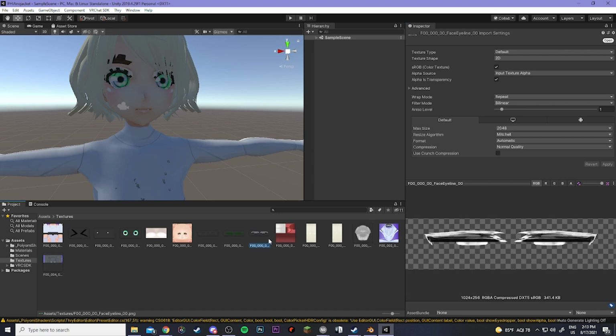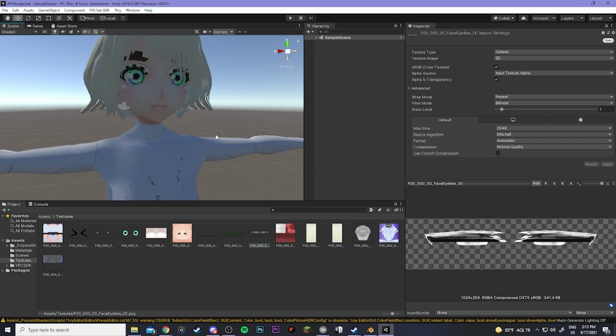All right, and then the next step we have here is you can see that I actually forgot to change this default texture in VRoid Studio to the more updated PHIA texture that I do have, where the eyeline is green instead of just using a shader to make it green in VRoid. So the texture itself is white, and then if VRoid used the shader to make it green, well, I want the texture itself to be green. So I can very easily fix this by just dragging in the updated texture and then deleting this old texture